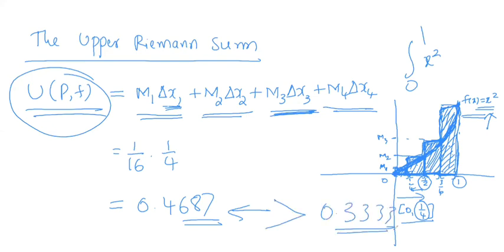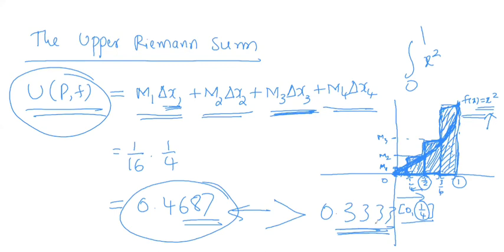Hence, in each case, the upper Riemann sum value is always greater than the standard value. The standard value is the area under the curve. Every time the upper Riemann sum gives you the area of the rectangles, some part of which is above the curve, so every time the upper Riemann sum is greater than the standard value.